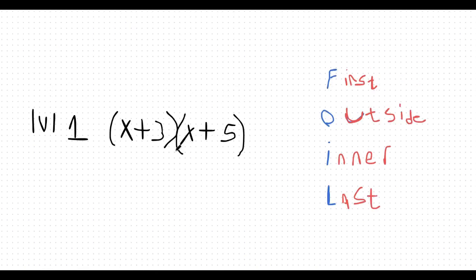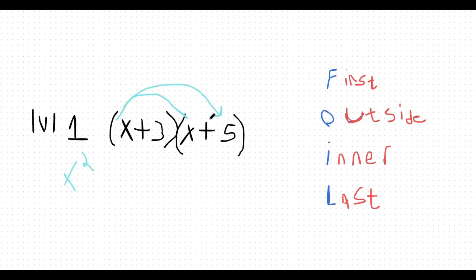I'm going to teach you the easy way to multiply binomials. So we're going to use FOIL first, then I'm going to show you how to distribute. FOIL stands for first, outside, inner, last. All right, so first, x times x, x squared,